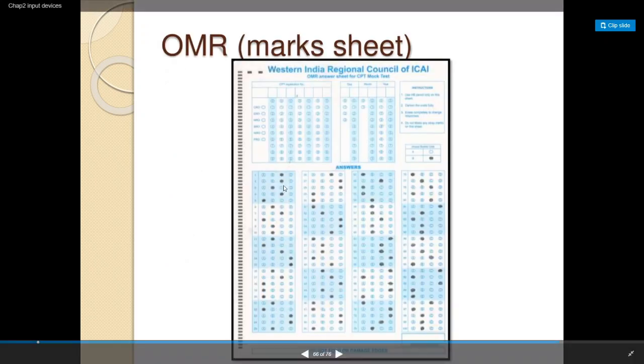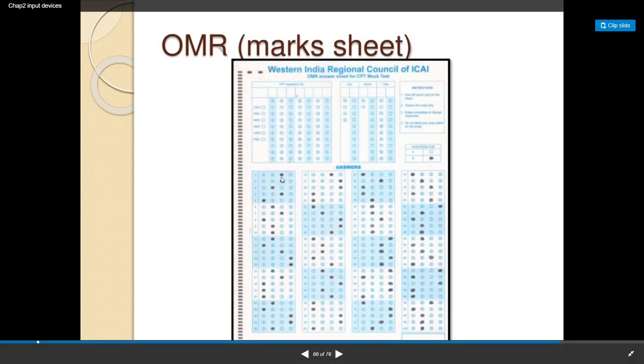So this is how an OMR sheet looks. See, here is the registration number. Here you should also put the numbers wherever needed. If the mark is present as a dark one, it reads it, and wherever the dark mark is not there, it is not read. It is usually given for multiple choice questions. See, there are 4 choices and you mark one answer. If you answer the third one, that is recognized as the answer by the OMR reader.